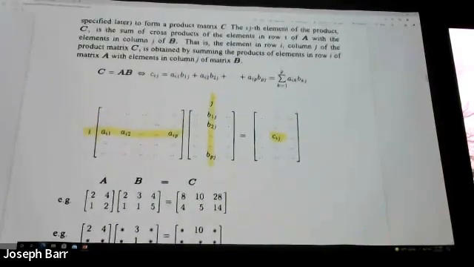Okay, so we have a bunch of numbers here, which are in A, and a bunch of numbers here, which are in B. If we want to get a product of A and B, the C matrix, we need to calculate each element inside the C. Each element inside the C is calculated by taking the I. Suppose the position in C is IJ, then IJ. Okay, I means row, J means column. You're gonna take the I's row in the first matrix, the J's column in the second matrix, the B,